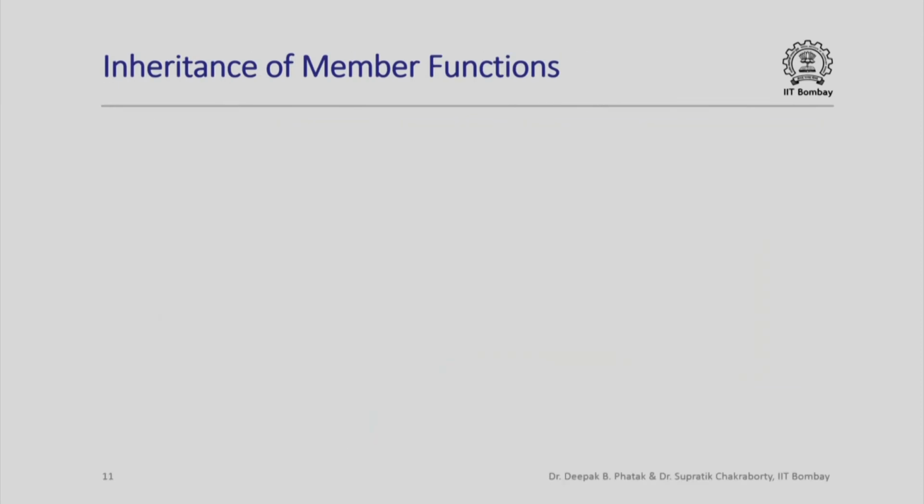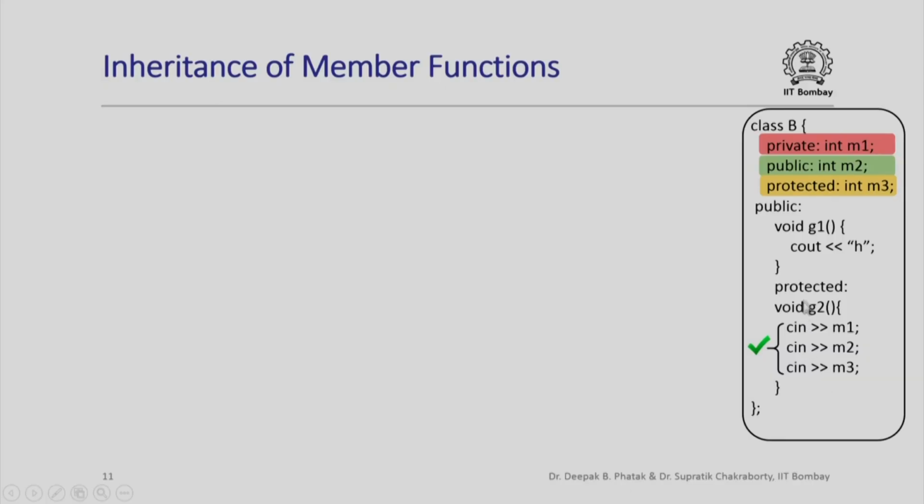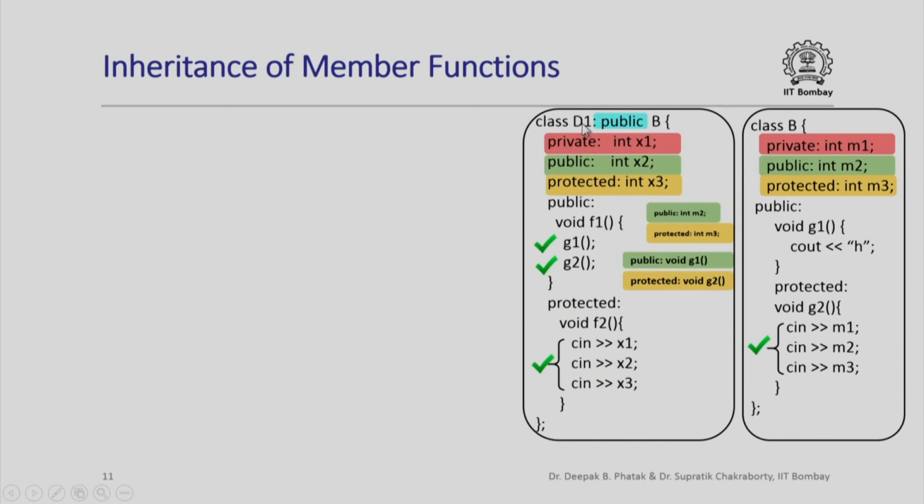Finally, we also want to talk about inheritance of member functions. We have seen so far inheritance of data members. Now the inheritance of member functions basically follows the same rules as the inheritance of data members, so we should be able to go through this fairly quickly. So for example, here I have a member function which I have declared as protected within the base class, and here I have a derived class in which I am trying to invoke member functions of the base class.